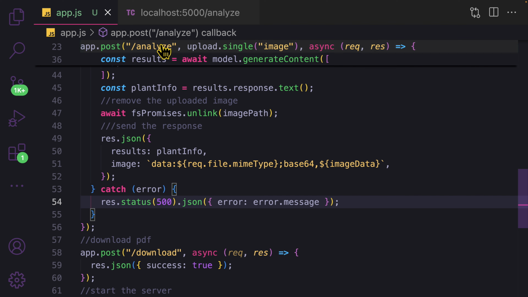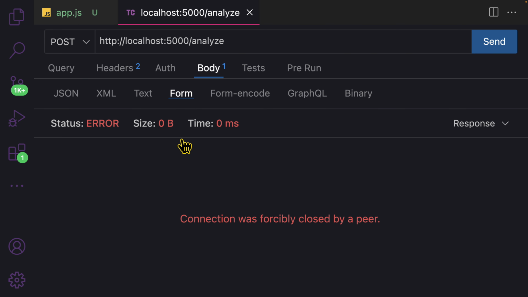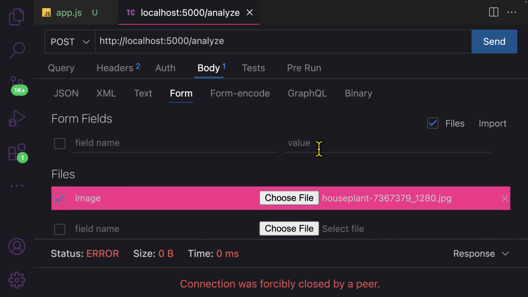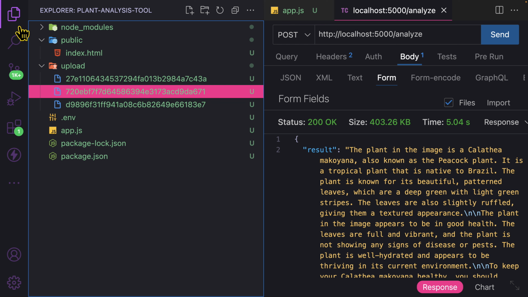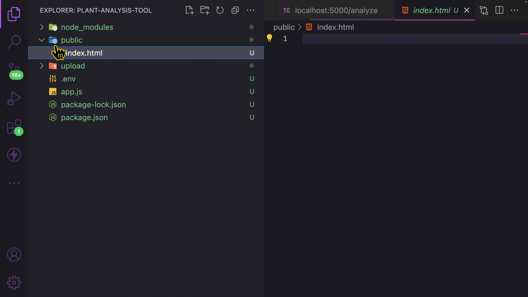Now, moment of truth, I'm gonna upload this particular image. Let me see, I have it, so let me try. And we have the results as that. Now that we have the response, it is time for us to connect the front end into it. So back to the